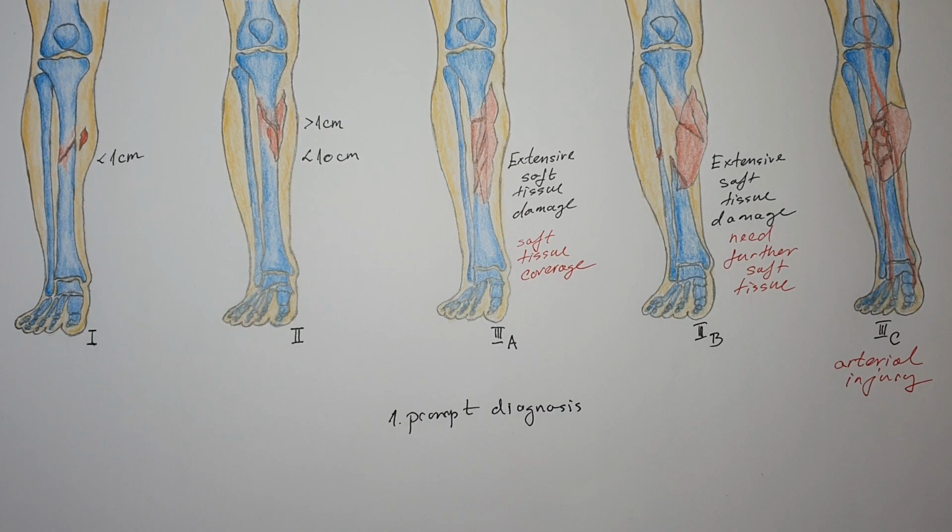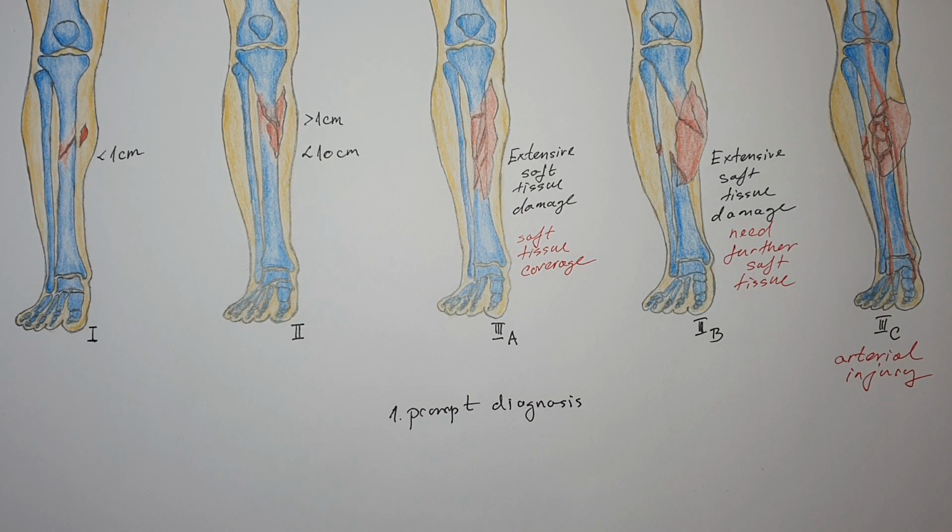So a prompt diagnosis can be achieved with this classification. We look at it, we see what is the wound severity, is there a pulse. We always check the pulse, the sensitivity, and the motor function,